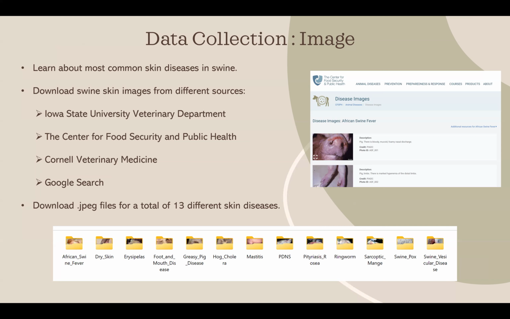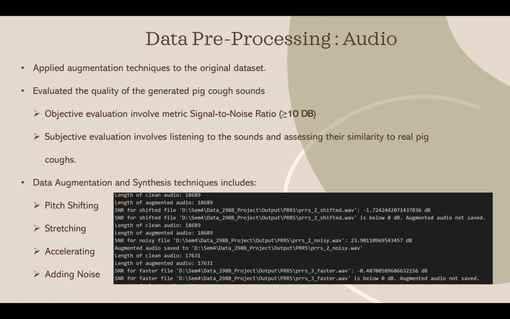Data preprocessing for audio. For audio, we extracted MFCCs. Before that, to enhance the model performance, we did augmentation. We applied augmentations like random flip, adding noise and removing noise, stretching the audio, and so on. Then before selecting all the augmented files, we did an objective evaluation method called signal to noise ratio. Whenever the signal to noise ratio is greater than 10 decibels, it's good audio. So we collected the augmented samples that went through this objective evaluation as well as subjective evaluation before selecting them for the final